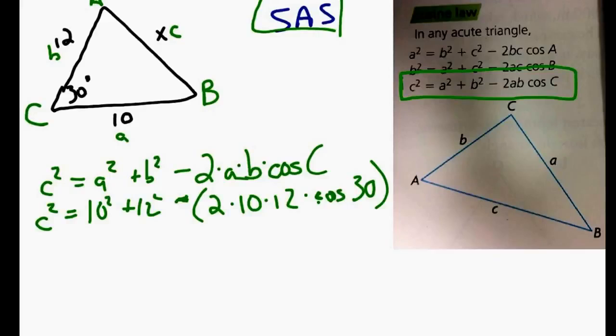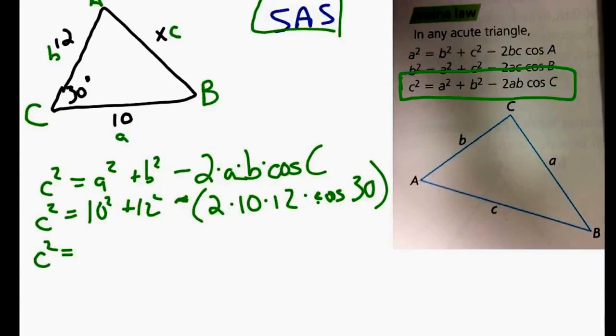Okay, so on your calculator, just figure all of that out. Type it in exactly the way it is. So 10 squared is 100, plus 12 squared is 144, minus brackets 2 times 10 times 12 times cosine of 30. That gives us an answer of